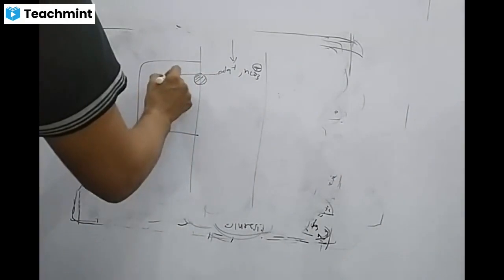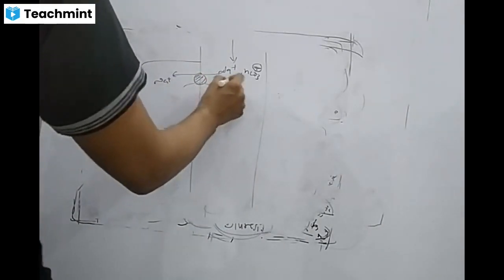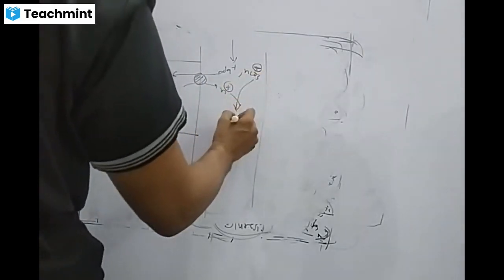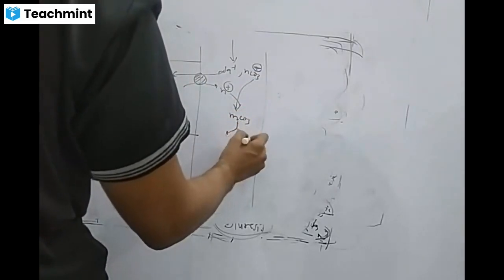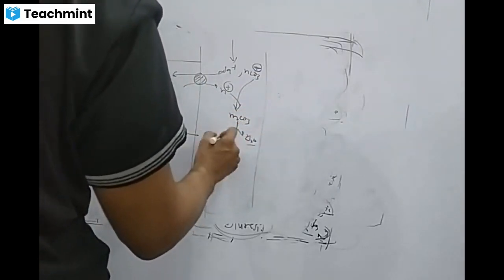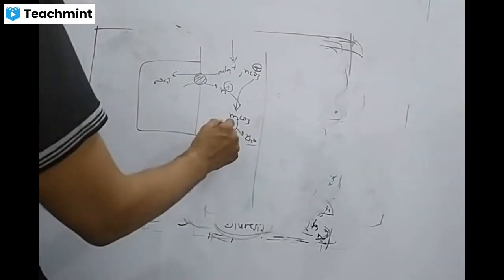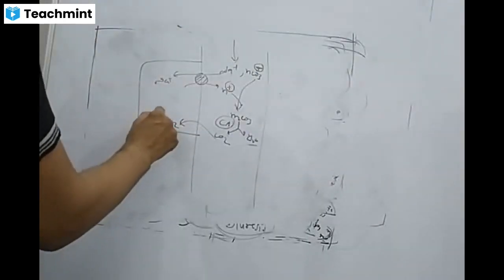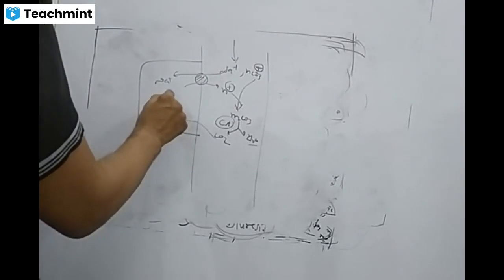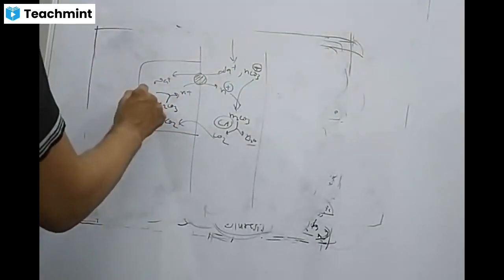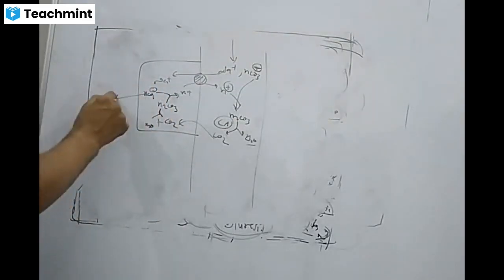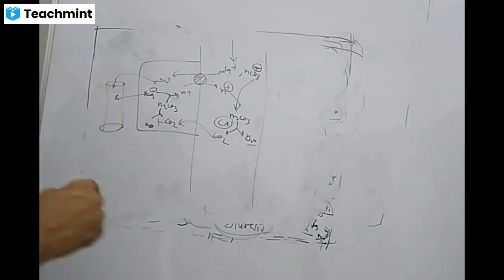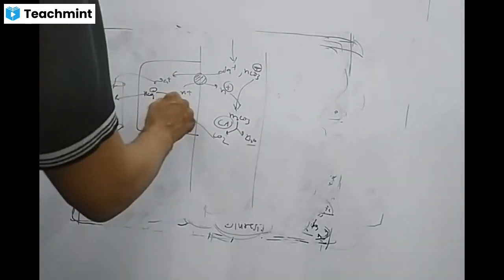Sodium enters inside and a proton comes outside. This proton combines with the bicarb to form H2CO3, that is H2O and CO2, with the help of carbonic anhydrase. Again it combines with water to form H2CO3, which forms H plus and bicarb. Bicarb will be absorbed into the blood, and sodium is also absorbed here. This mechanism